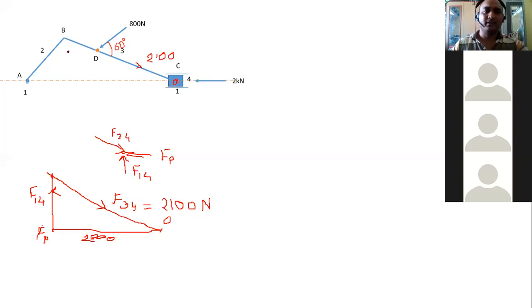Now next point is what? Actually, in the previous problem we have taken this B point, or instead of that B, it was A. But now we have one more point over here, right? So take this point then, D point. Take this point D in this kind of problems. So next point is D, and then again draw all those forces.